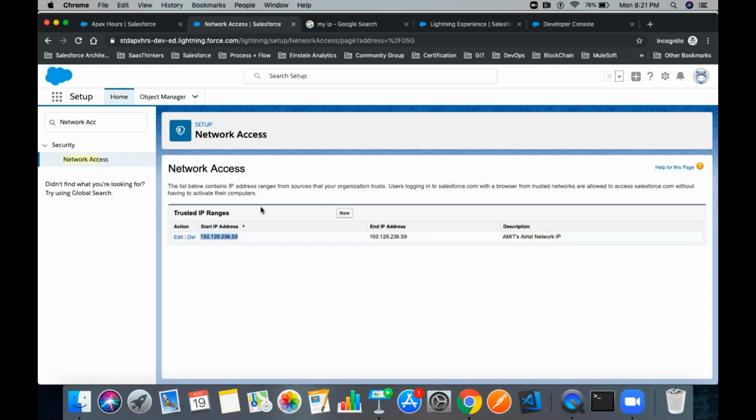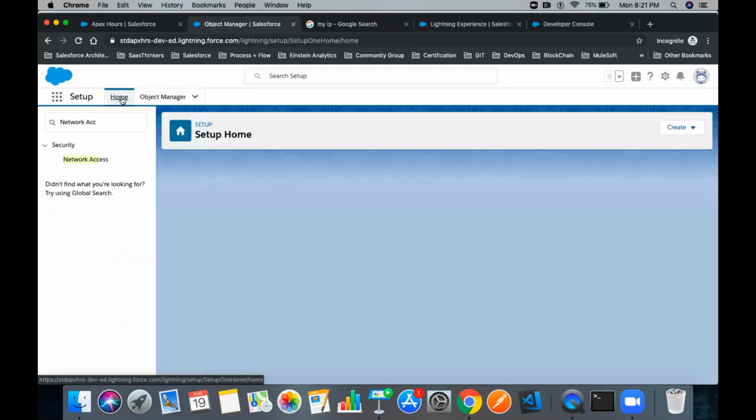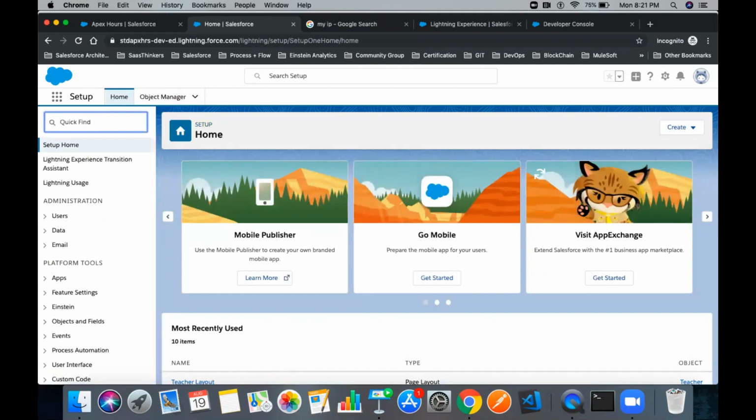Now next, what we discuss is the IP range at the profile level. That is basically to access your Salesforce environment from an IP range, and this is for securing your Salesforce environment. Like, your management doesn't want to let the users log in from outside of your organization network. So for that, they will provide you a list of IP ranges that you need to